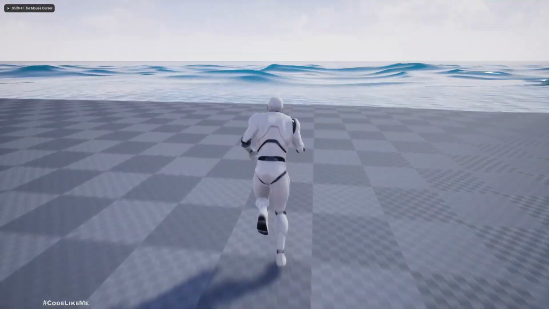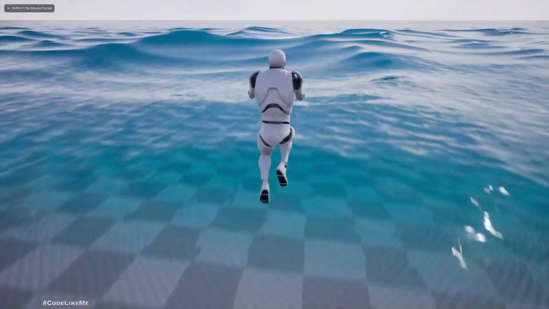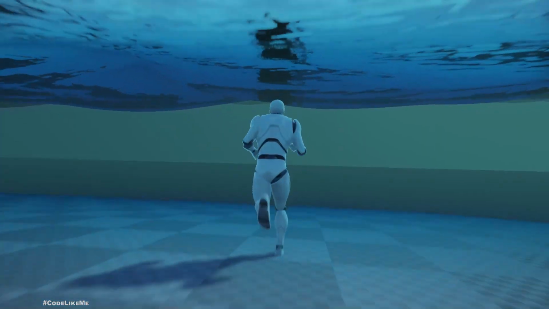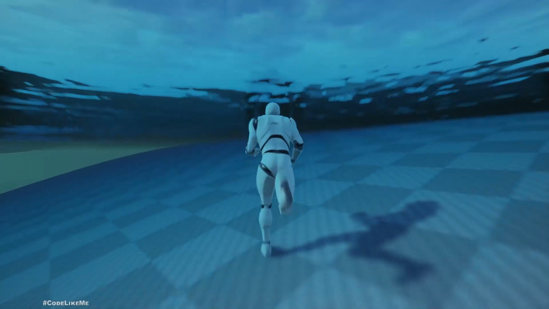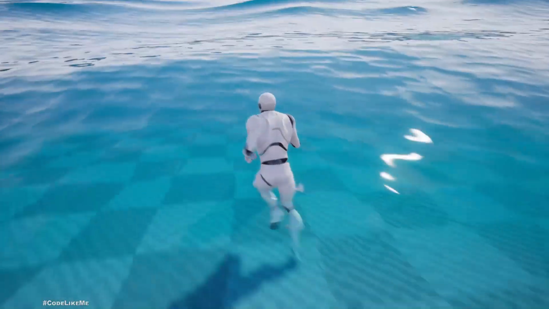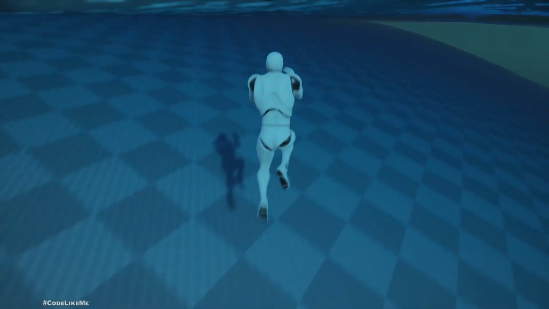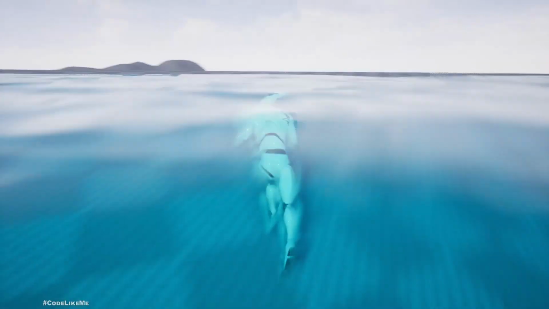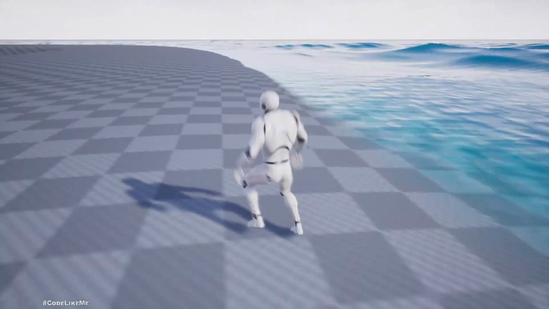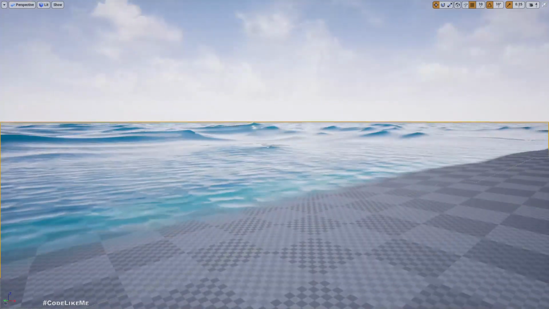Let me just start playing. And also you can see underwater we have a different post-process effect to show the underwater effect, so we don't really have to worry about anything of that sort. They are already set up. Right, now